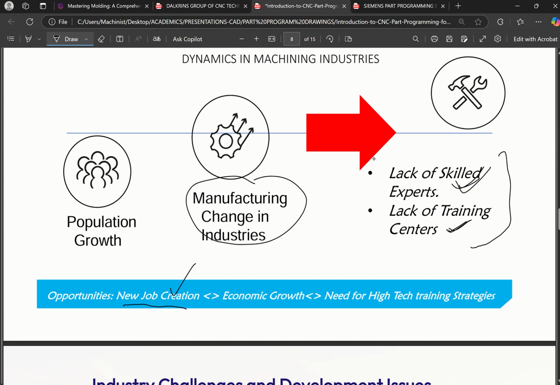If jobs are created, then it can help us to boost our economic growth. And at the end of the day, when people use these machines more often, it helps to advance our training strategies, because the companies will now need more experts, and this will help us to design more training strategies